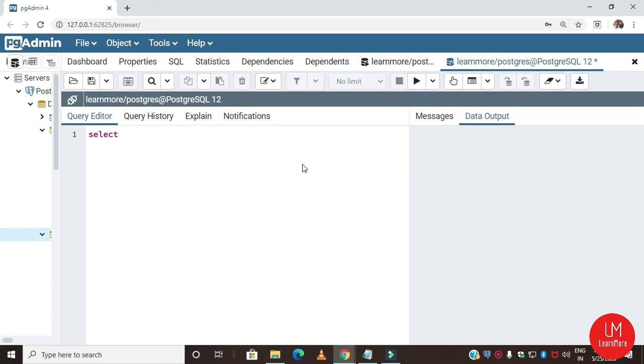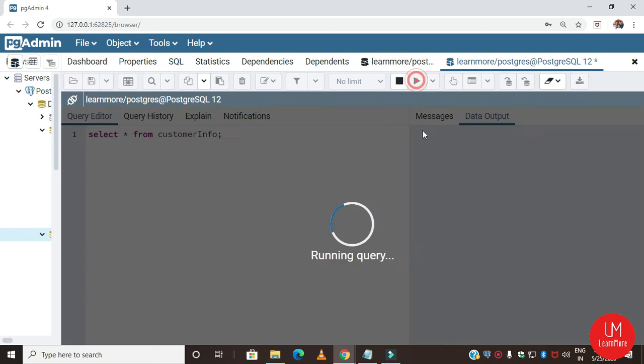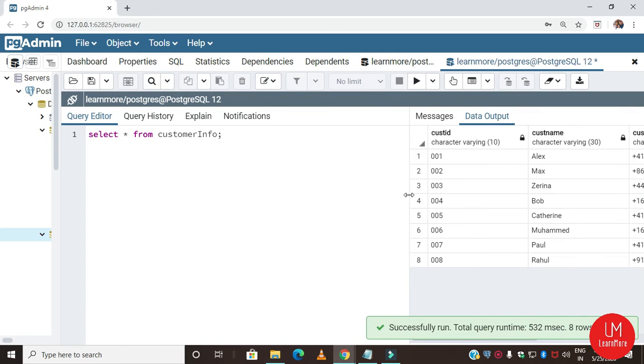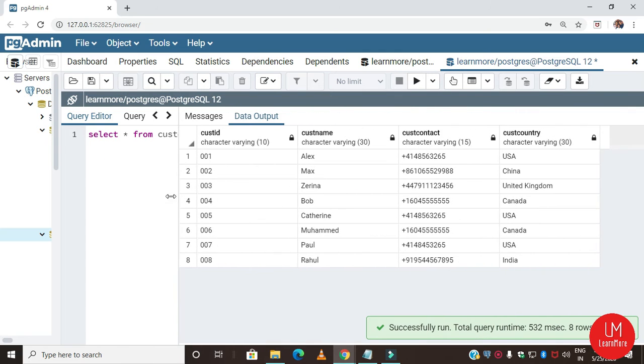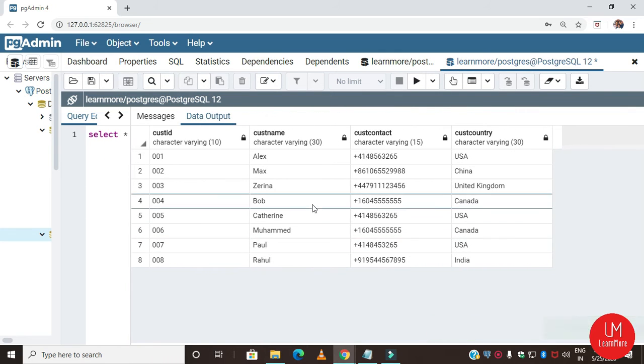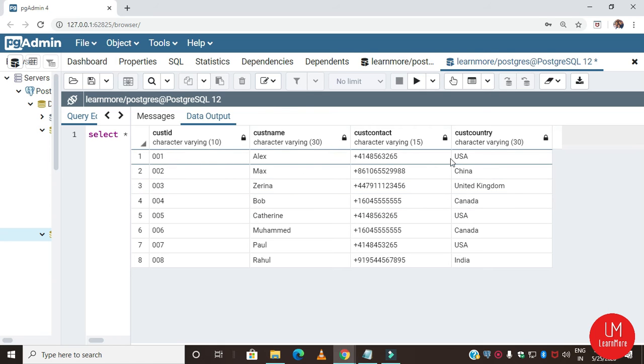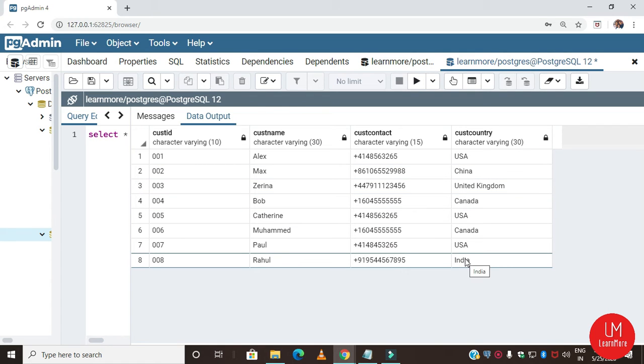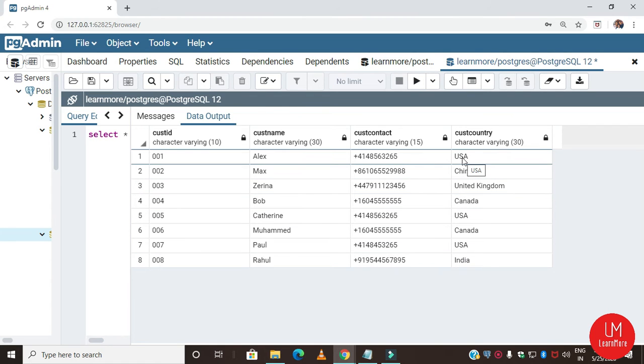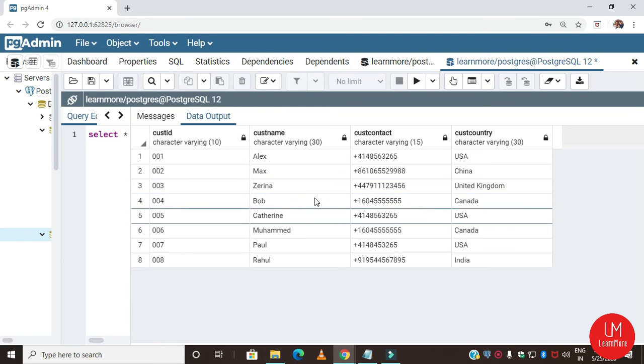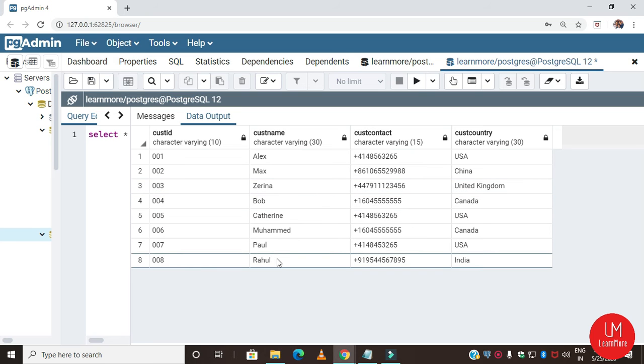Select star from customer info. Let's run this. You will get the complete rows, and you can see they are not in any specified order. The USA came first, then Alex. It is neither ascending nor descending.